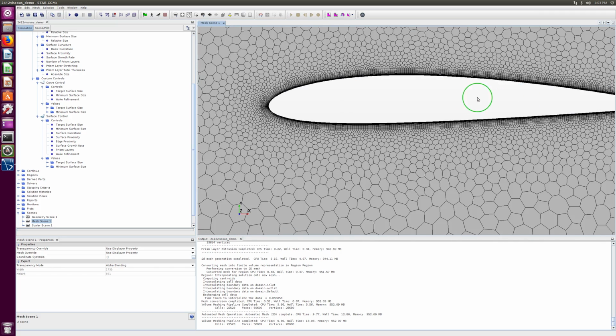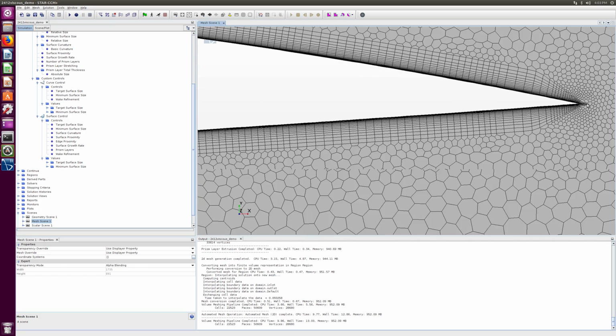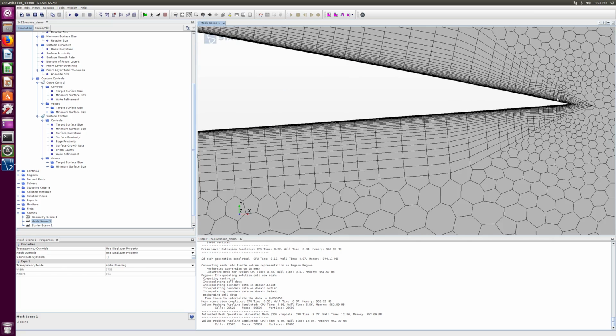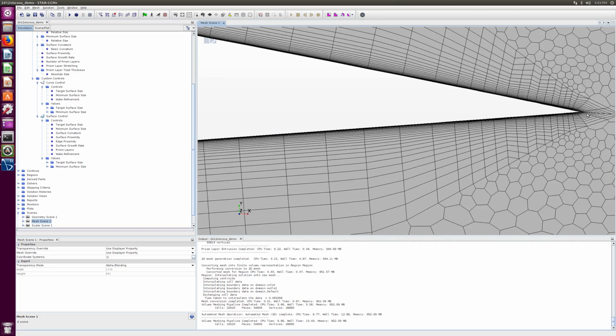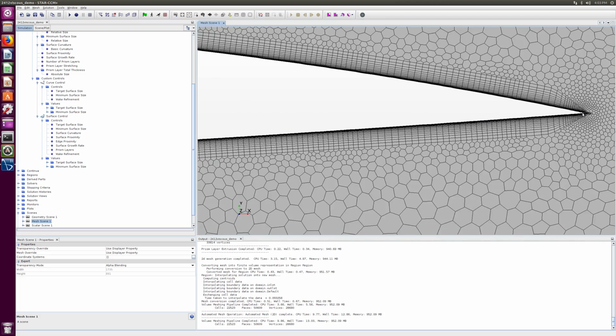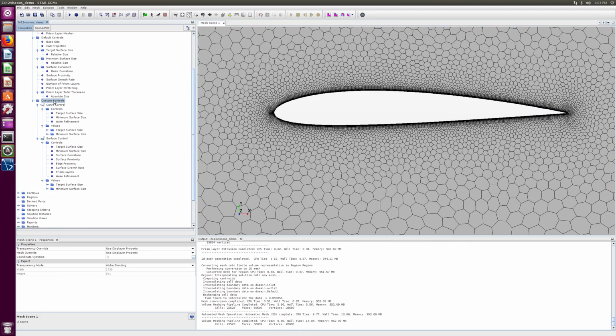Okay, so the other thing that's common with a viscous mesh, let me just look at the trailing edge. This is going to be a little messed up because it's trying to create this boundary layer. It's not actually that bad, but I'm just going to get rid of it. No, maybe I don't need to. We'll see. I'm going to add an additional custom control here because I want to add a wake